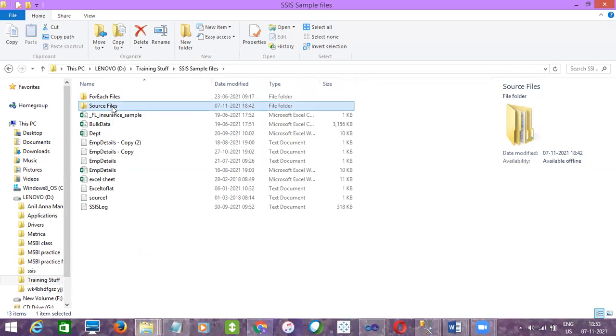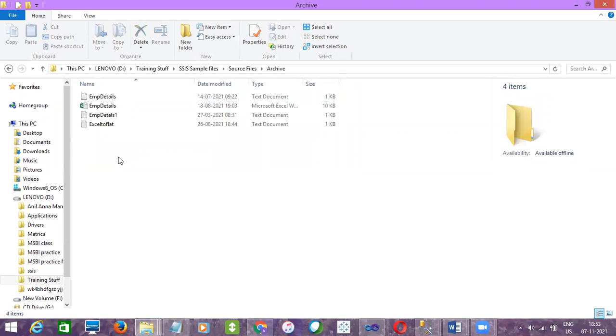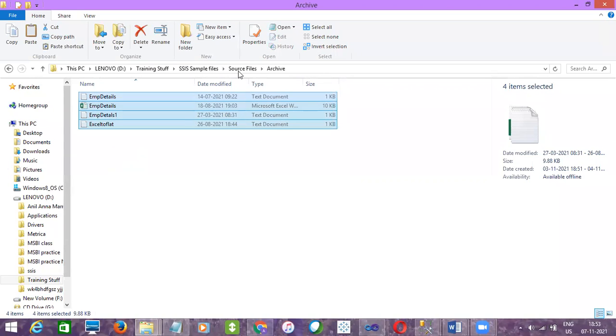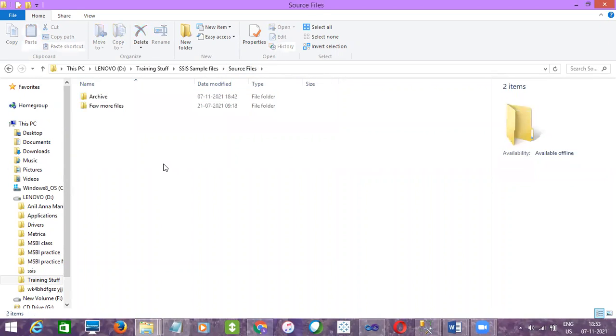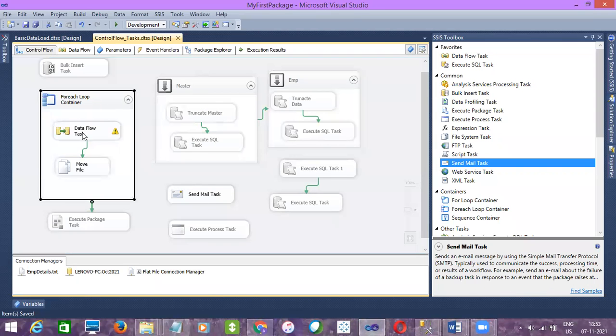Files have to be in the source folder, right? Now it is in archive, so let me copy and paste it here so that it loads data from here and then moves it to the archive folder. That is what the SSIS package is doing in this particular container. Now I'm going to call this package over there.